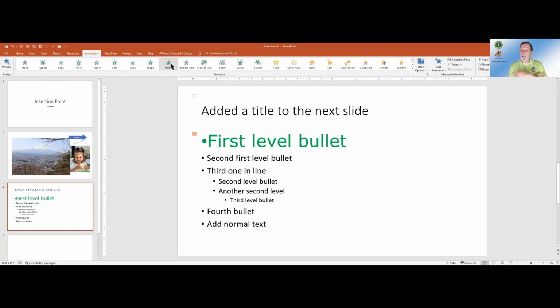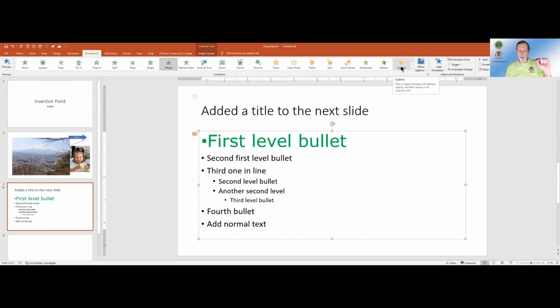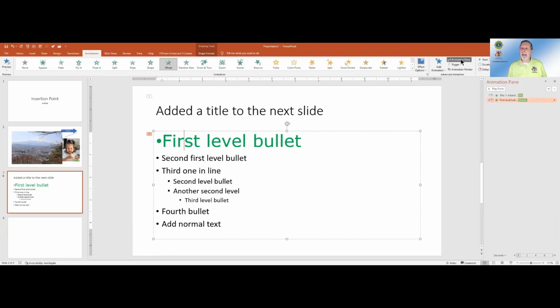But I do want to illustrate one of the controls that you can exercise with this. For instance, with the first level bullet that I've got here, understanding that the wheel is applied to that one. Well, that's cool. I bring to your attention over here on the ribbon for the Animations tab, in my opinion, this should be turned on automatically when you fire up PowerPoint, but it's not. Click on the Animation tab. It says Animation Pane. Yes, Animation. And notice the spelling of that. That's P-A-N-E, not P-A-I-N. Okay?